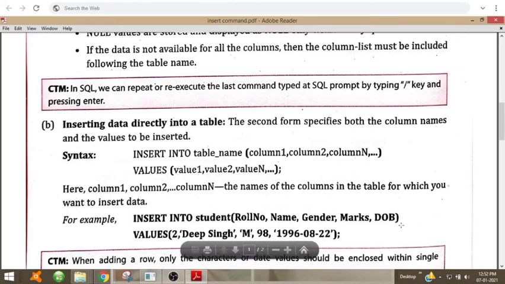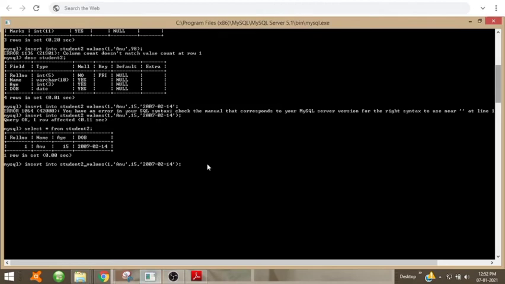You can write in the same line itself, but you have to provide a space after each part: insert, space, into, space, then after the bracket a space. Insert into student 2. Student 2 is our table name, and we have to specify the column names in brackets.